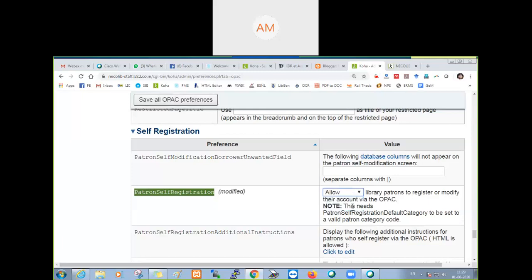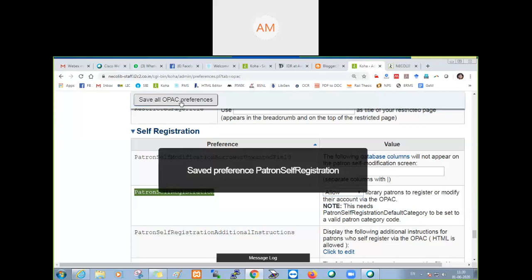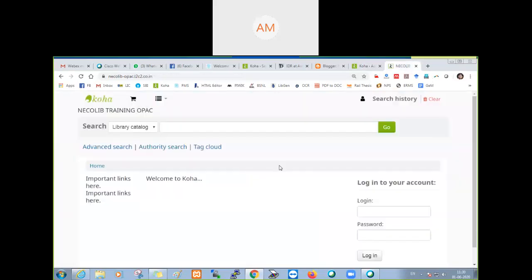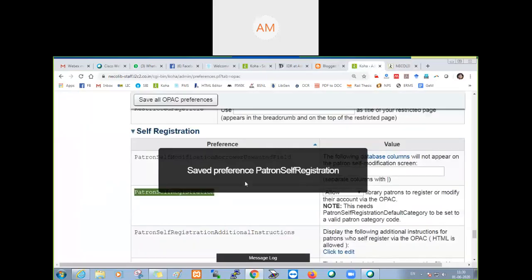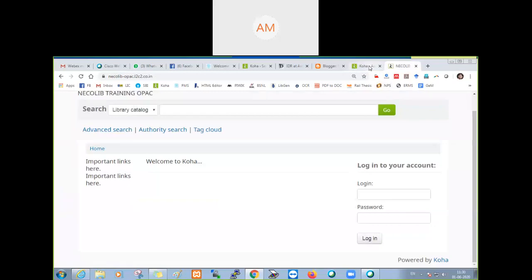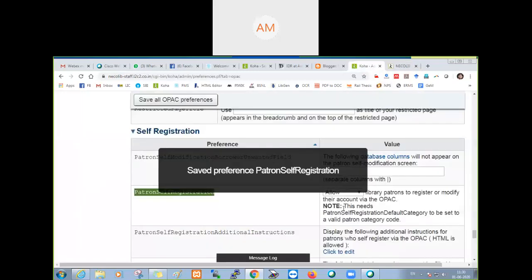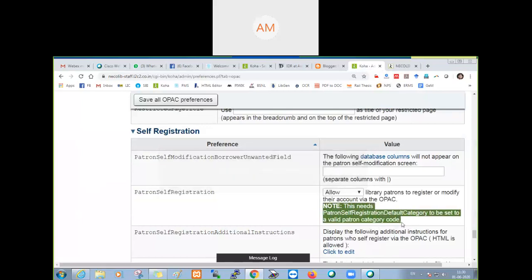So we will set it to allow. Again, we will check the OPAC portion. Still, we are not getting the register button. Though we have made self registration allow, we are not getting the register now button here. The reason is written here. Note: this needs patron self registration default category to be set to a valid patron category code.